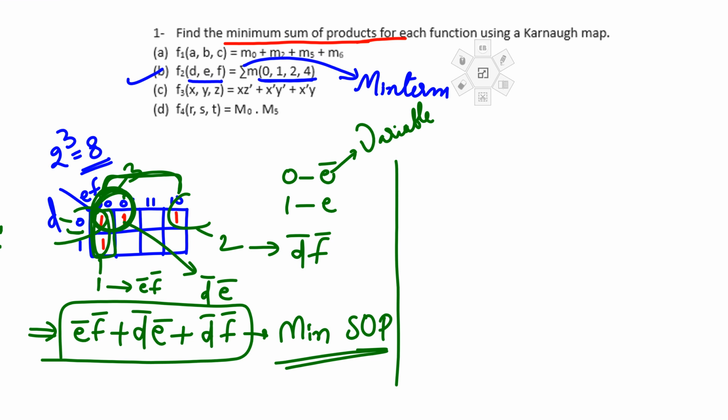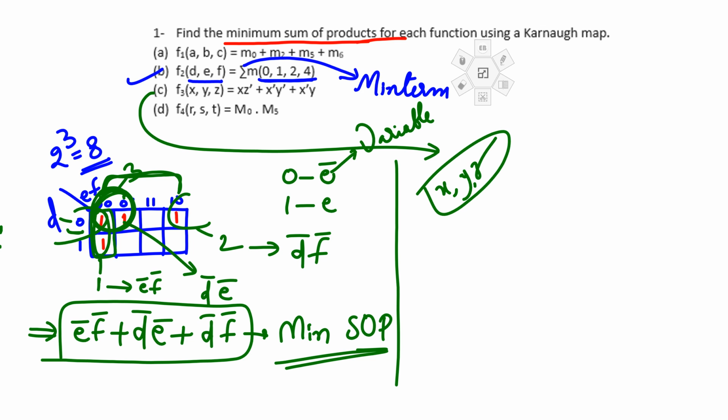Also we'll go for another problem. This is a C problem. We'll see this. There is a function f3 and the variables are again 3 variables x, y and z. Based on these 3 variables we will work on this problem. Actually I will not take the K-map; you can try with the K-map. I will take another method, that is called Boolean algebraic laws. Boolean algebra.